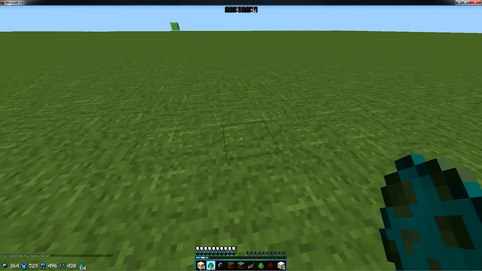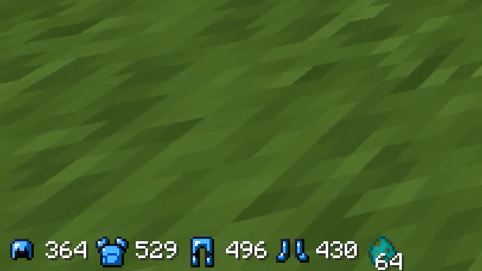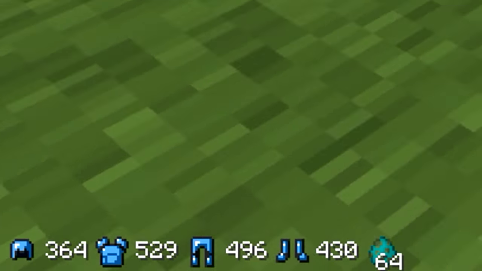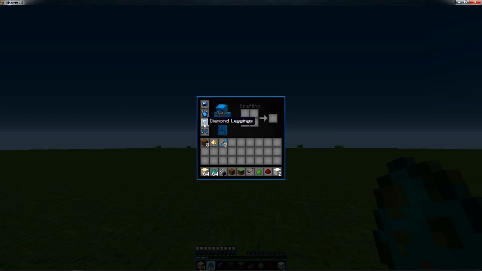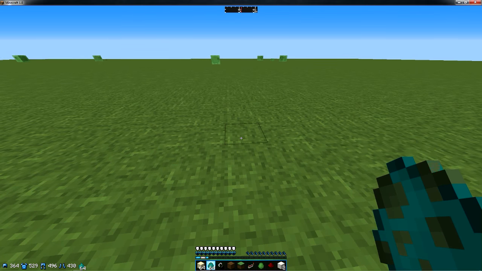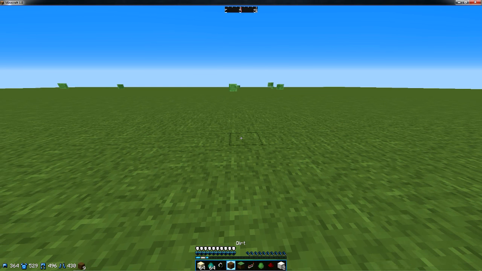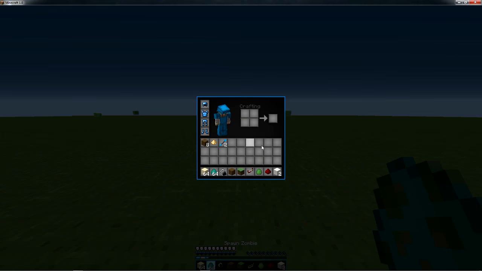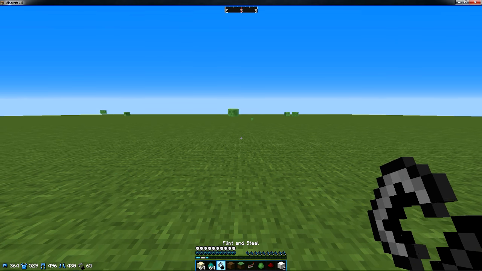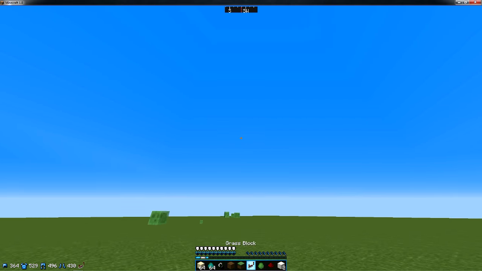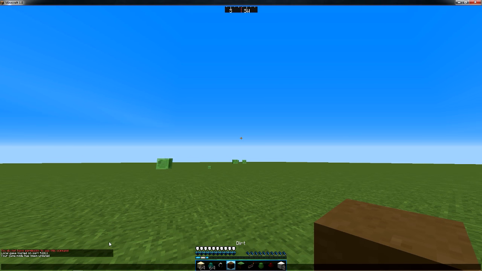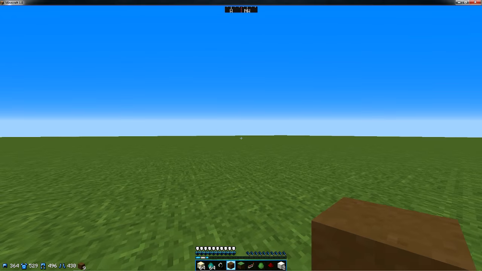First off, as you can see in the bottom left corner of my screen, there is the armor status of what armor I'm wearing right now, so diamond, and then what I'm holding in my hand and how many of whatever I am holding. As you can see, I have 1 dirt in my hand, but it says 9, because I have 8 in my inventory. So it shows you how much you have, which is nice when you're doing sand walls and stuff.